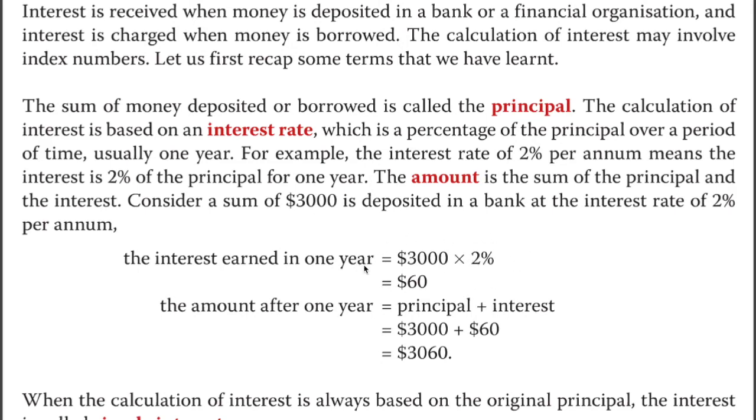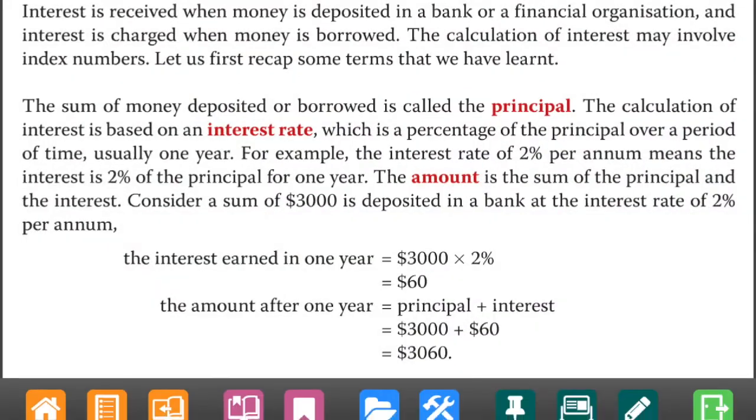you have initially deposited. That means the interest, this percent, is always based on the initial amount that was deposited. So no matter how many years you put it, every year you will just get this fixed amount of $60. So the first year you will get $60. Okay, so for simple interest,